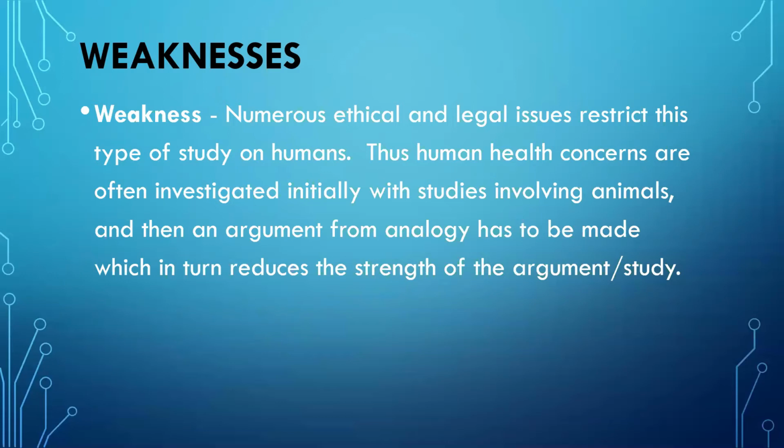It would be more useful for science if we could just give a control group of humans and an experimental group of humans and give the experimental group the drug and find out what happens. Of course, that would give us much better information on what the drug might do on humans, but you have those legal and ethical concerns, and human health concerns are often investigated initially then with studies involving